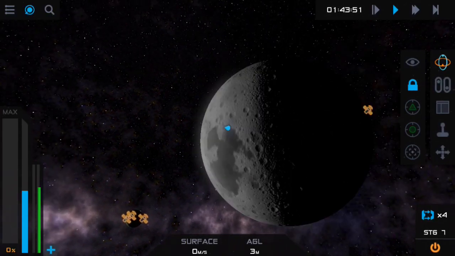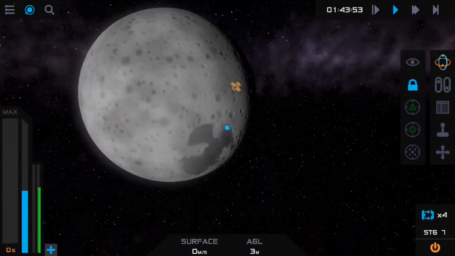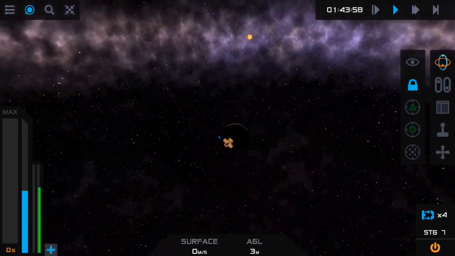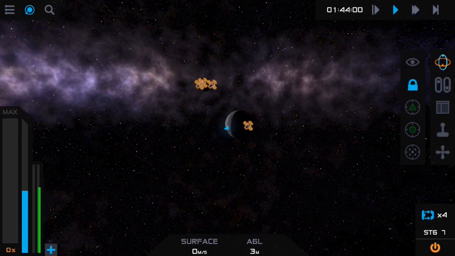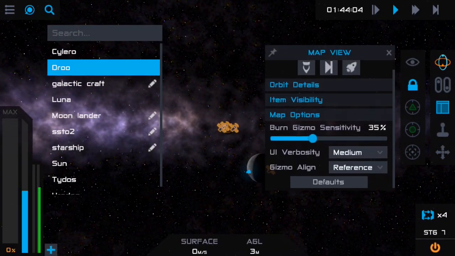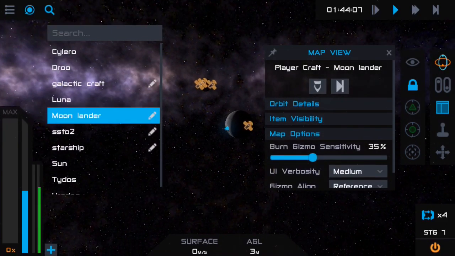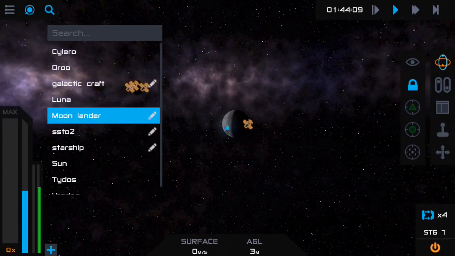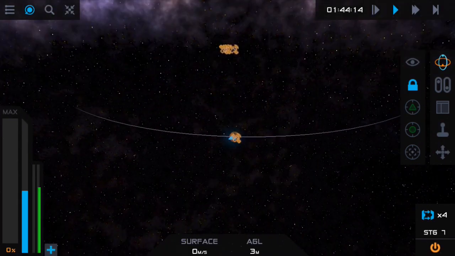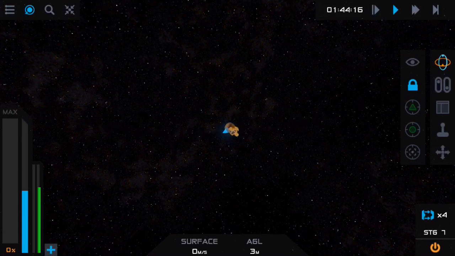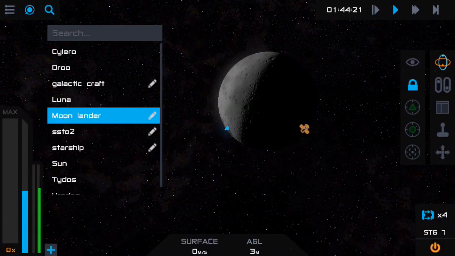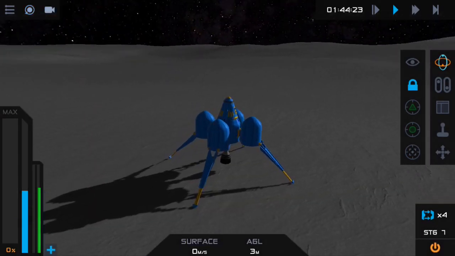So as you can see, we are on the opposite side to Earth, I believe. Now that is Earth there, or Drew. So if we click on that, go on the little window, we can't actually target it, but you can see we're pretty much on the orbit of the moon. So what you want to do, really, there is no atmosphere you have to fight. So what I would do is just